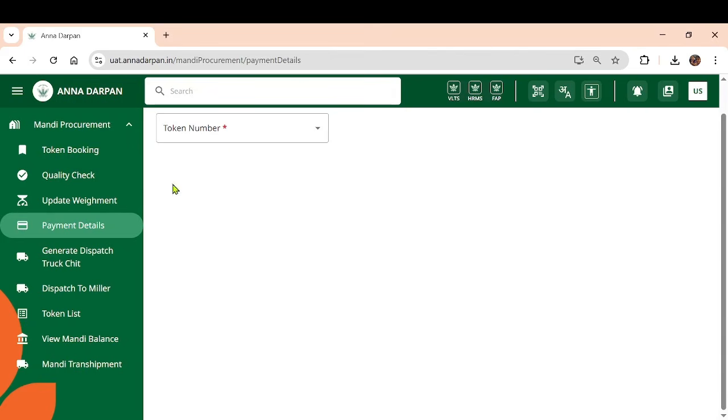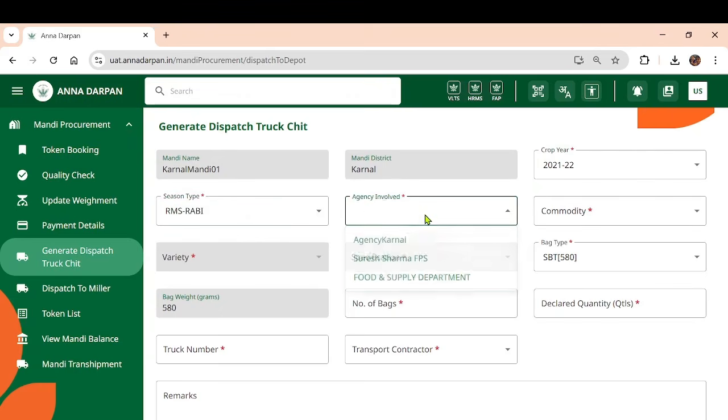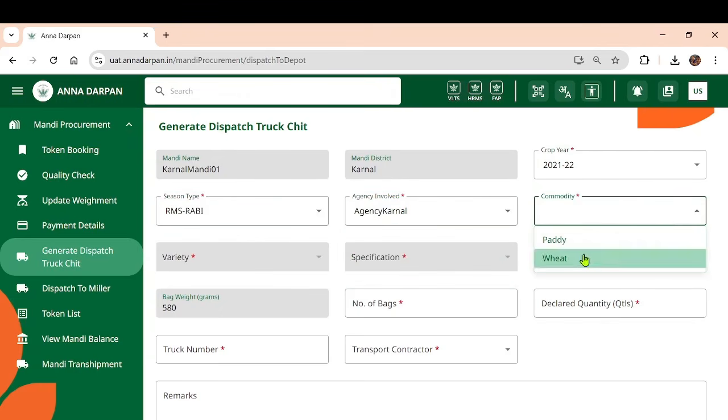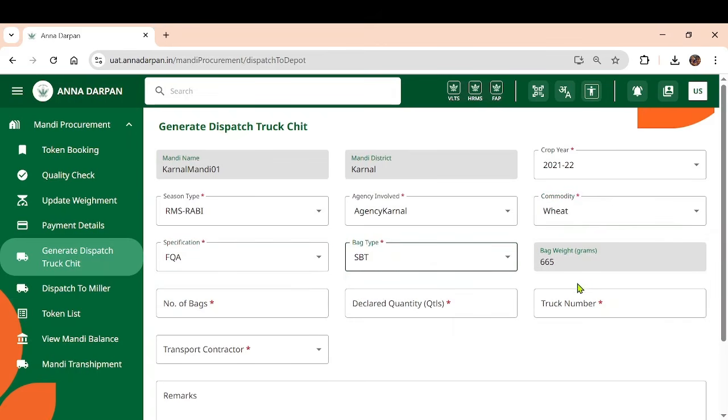Generation of Dispatch Truck Chit by Technical Analyst. Now, navigate to Mandi Procurement and select Generate Dispatch Truck Chit. Enter the agency, commodity, crop year, season type, bag type, number of bags, declared quantity, truck number, and transport contractor.